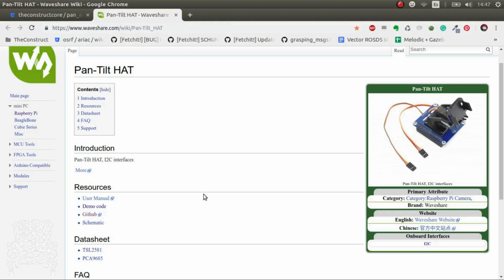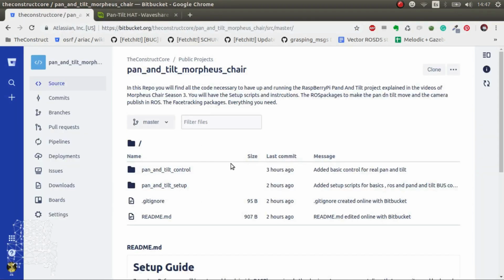So let's go. The first thing is I've generated this public Git for everyone that you can download, and here you will find all the code that we generate throughout this new season 3. Okay, so the first thing is